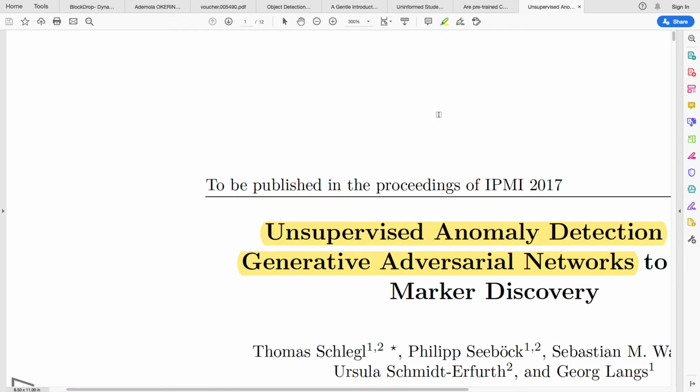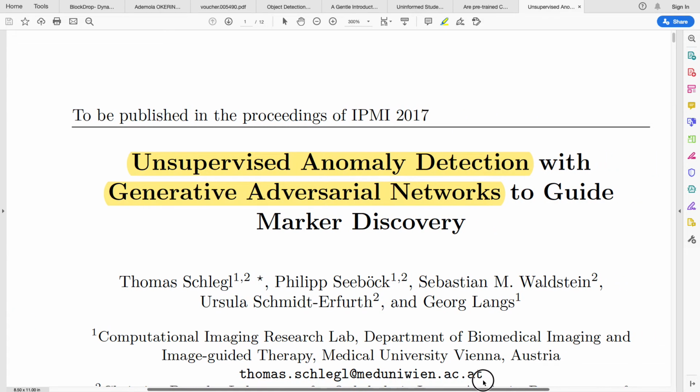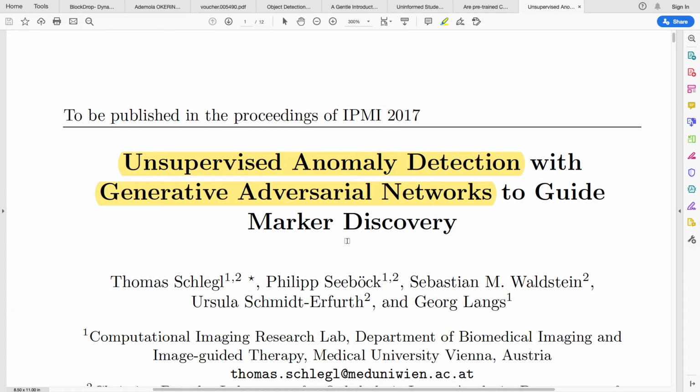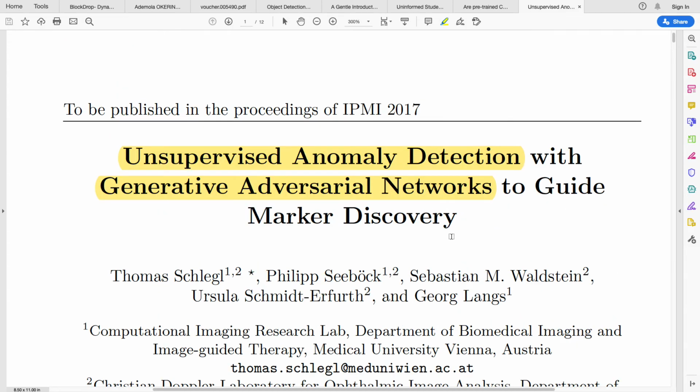Object detection papers. Today we shall be looking at this paper, Unsupervised Anomaly Detection with Generative Adversarial Network to Guide Marker Discovery. Now, for some time now, you see that we have been looking at some anomaly detection papers, and in sequence to that is this other one. What you see here is